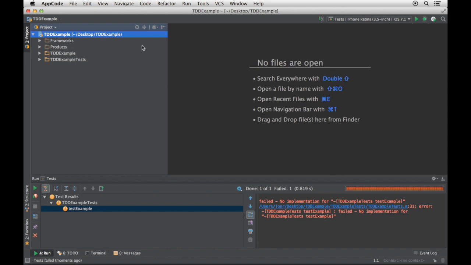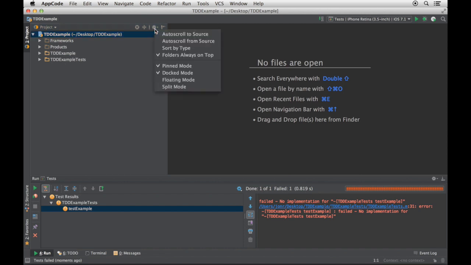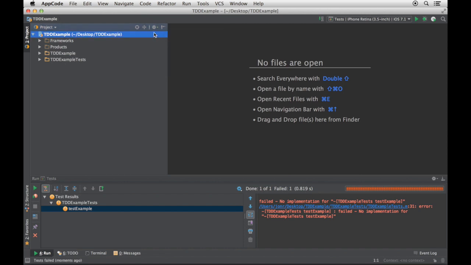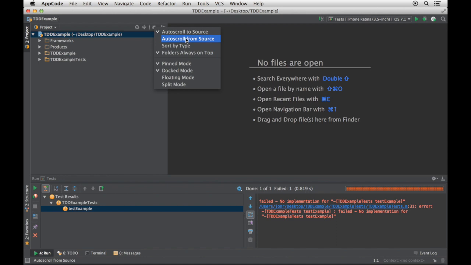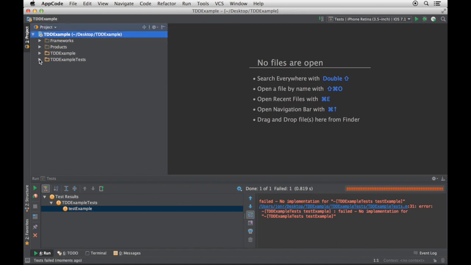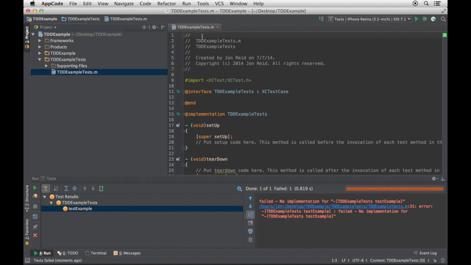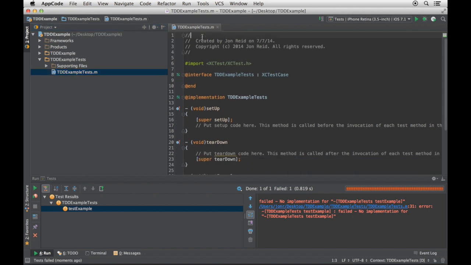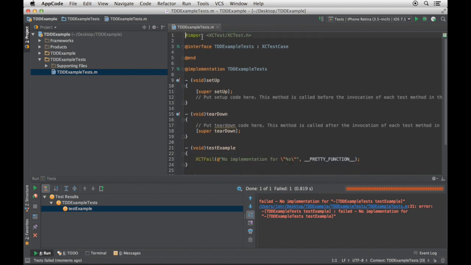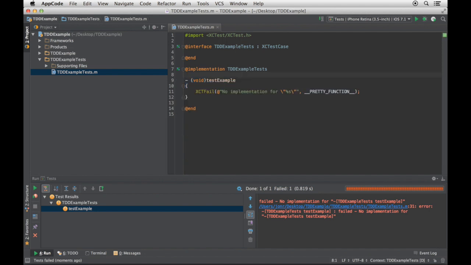All right. Now, one of the first things I do is select these, auto scroll to source and from source, so that I can just click here instead of double clicking. Command delete is a really handy thing for deleting an entire line. Look at that. Let's just go through and get rid of this cruft.